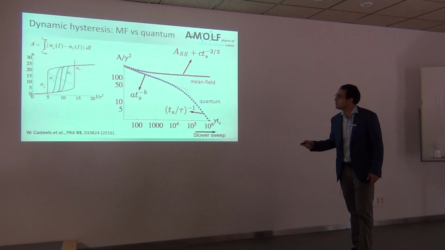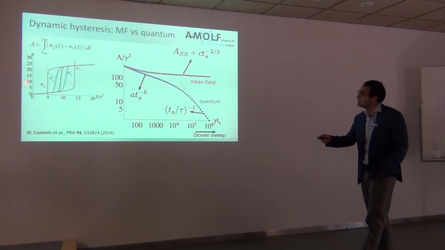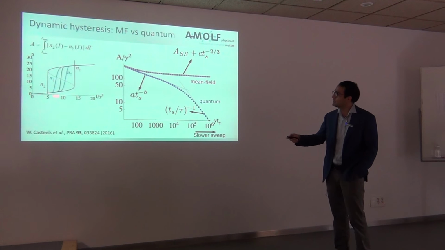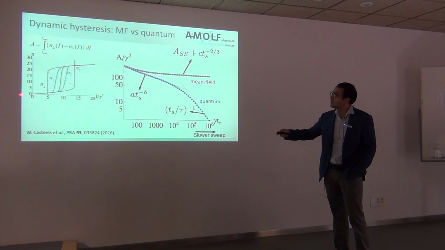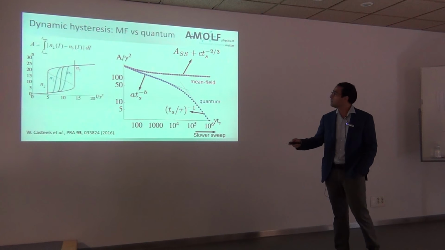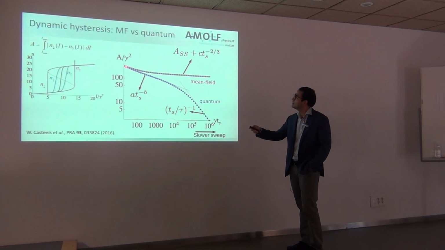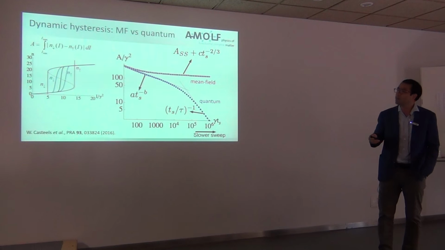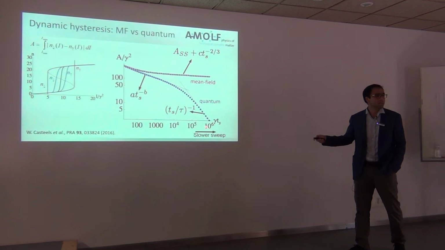This was further explored in this theoretical paper from the group of Cristiano Ciuti, where they look at the steady state density as a function of the applied intensity for different scanning times. They quantify the hysteresis area, which is basically the density coming down minus the density going up. When they do mean field theory, they find that the area scales as a power law with an exponent of minus 2/3 for any parameters. This is the time scale of the scan in logarithmic scale.